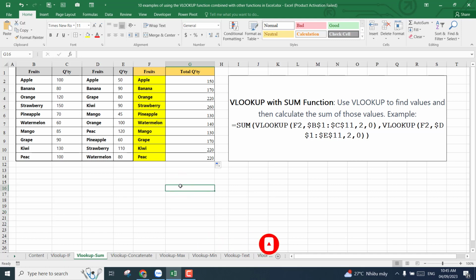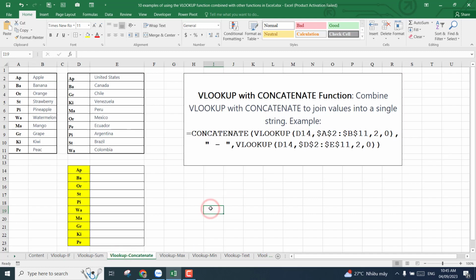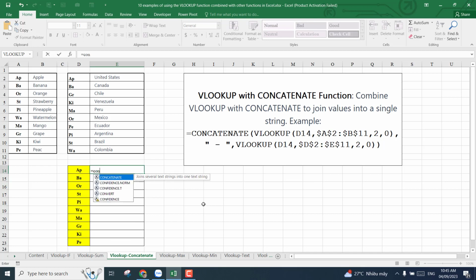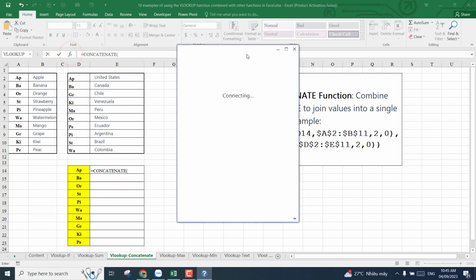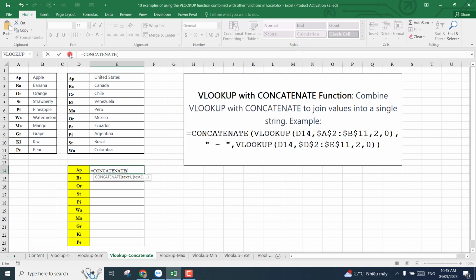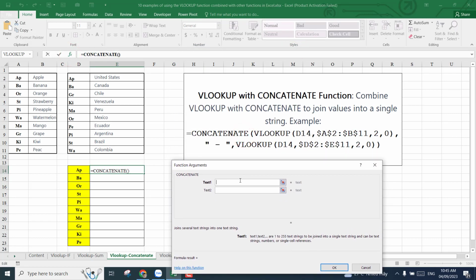Now we move to the next sheet. We learn how to use the VLOOKUP function combined with the CONCATENATE function. Now we want to combine column B and column E. We press the equal sign. We type the CONCATENATE function. Then we choose here. We choose here. Now we get the VLOOKUP function